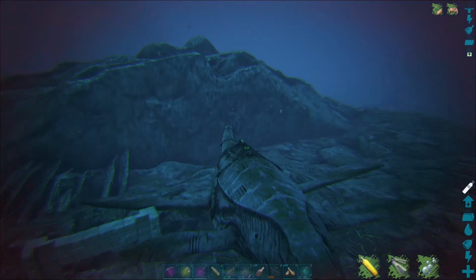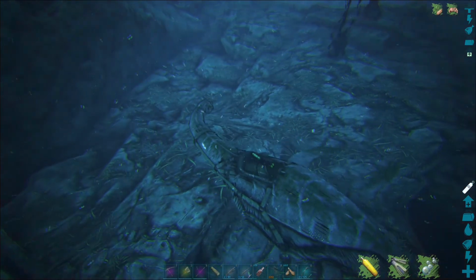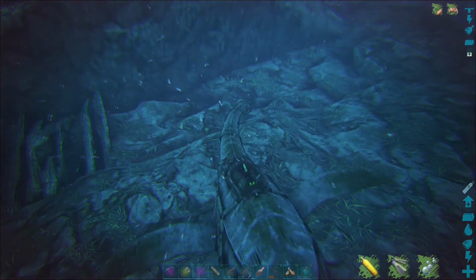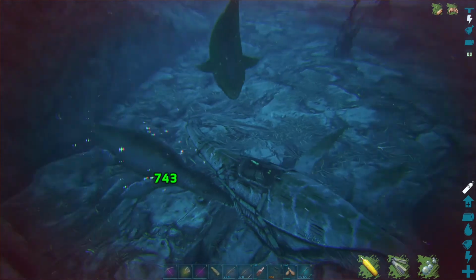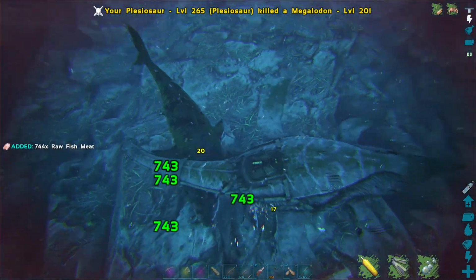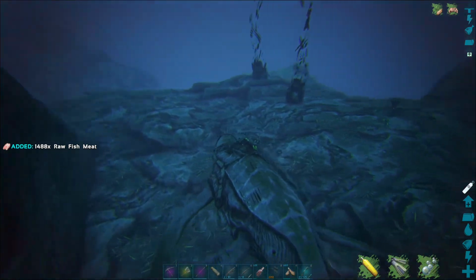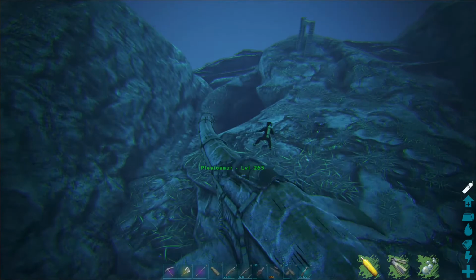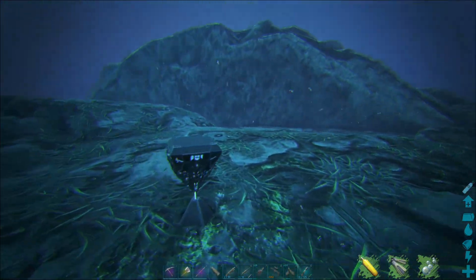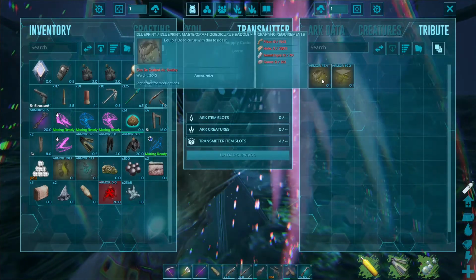Right by where we went by that second Leopleurodon here, we have a second deep sea loot crate, I think. I just saw it. If it despawned just then, I'm going to be quite upset. Oh, no, it's right there. I'm just blind. Alright, so let's grab this. And I did go around and I actually hit every other spot on the map, and this is the second one I found, so...